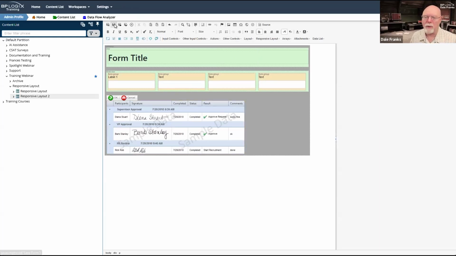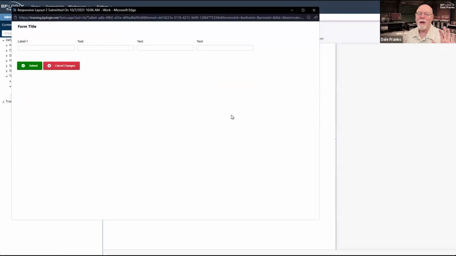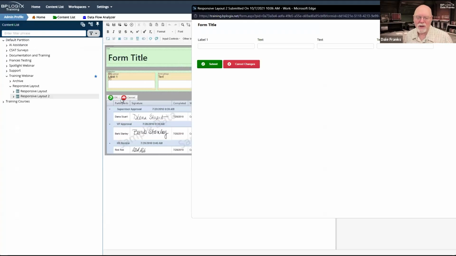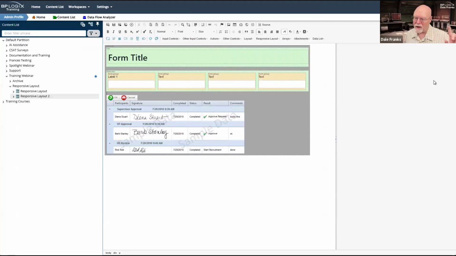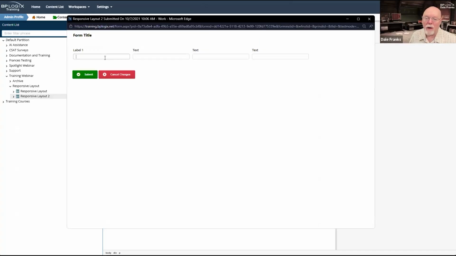This is what I would do. I'll keep the routing slip here, even though we're not going to see it because there's no process that's running, so there isn't going to be any routing. But there we go. There's my form, and you'll see the extra space here. That's intentional. I left that extra space in there for a reason because I need to add more controls. And on the form itself, there's our form. I've got my four controls that I can fill out, and then I can submit the form.